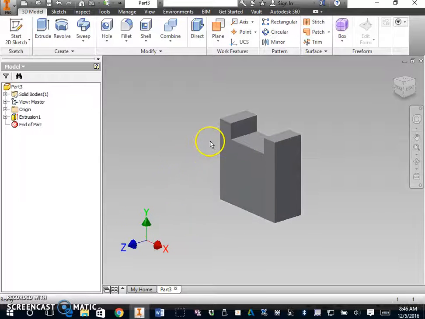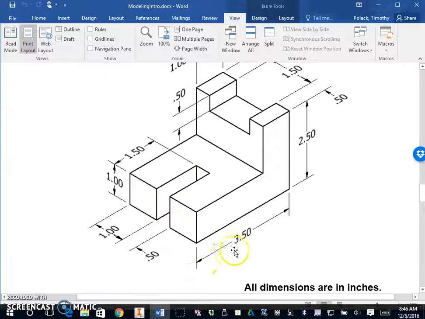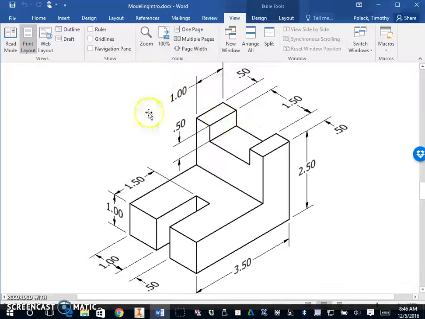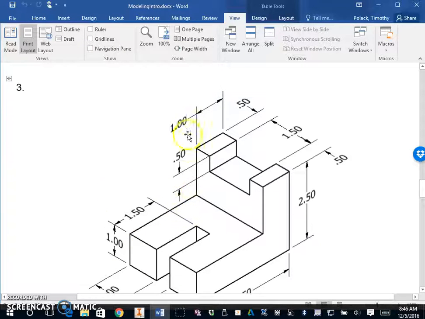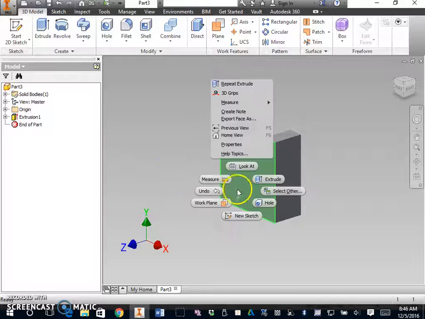Okay, beautiful. So next thing I'm going to do is we can see that before we branch off into these legs, we're pretty much uniform for this first piece of it. So if this whole thing is 3.5 and I've got 1 inch there and I've got 1.5 inches there, what's that leave us with? 1 inch here, right? 1 plus 1 is 2, 3.5. So this piece right here, it's not dimensioned, but I know that it should be 1 inch coming out in this direction. So I'm just going to sketch a rectangle that comes out 1 inch, and then I'll branch off with the legs separately. So right click on this guy, new sketch,